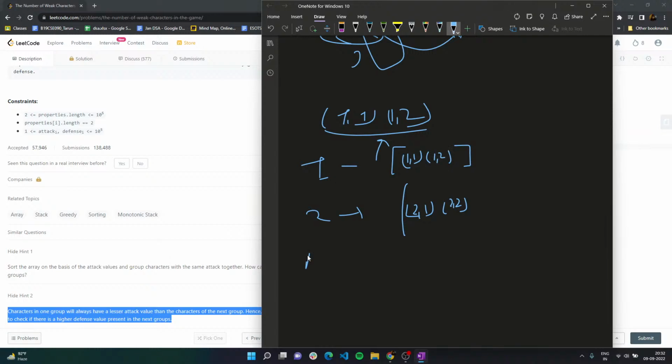And then I say that I use stack over this to find the, or I don't even need to use stack since this is sorted and grouped in one place. I know what is the maximum value from this. So the maximum value from this is 2 for the defense, and I know that the maximum value from this is 2, right, for the defense. Now what I can do is